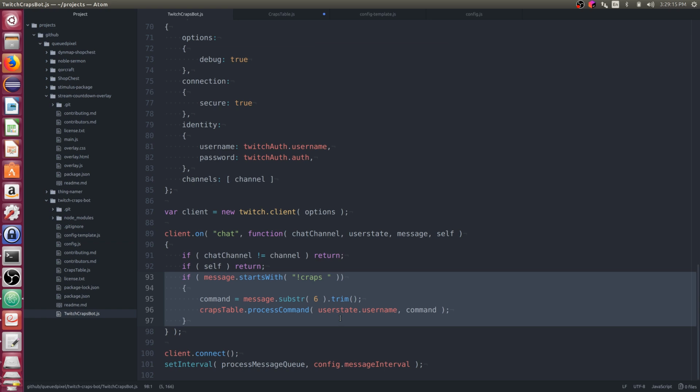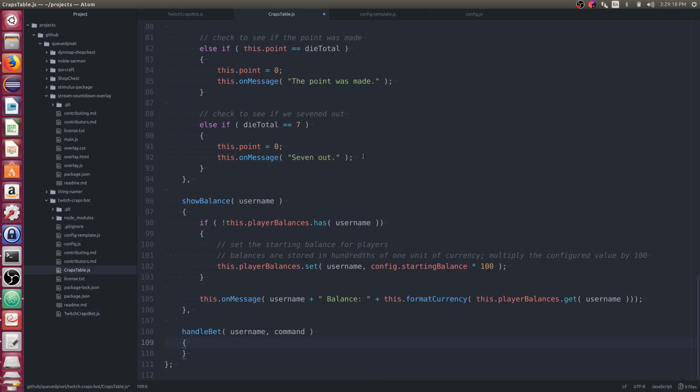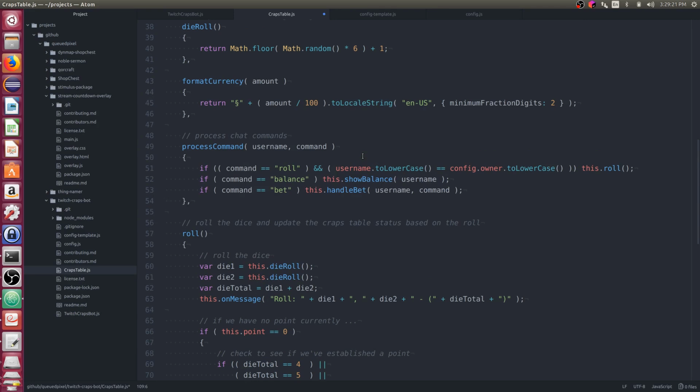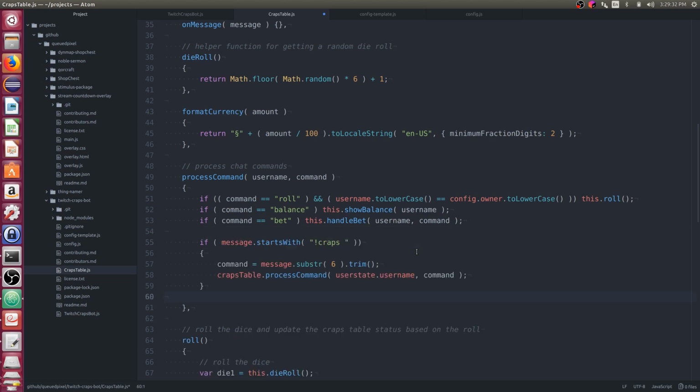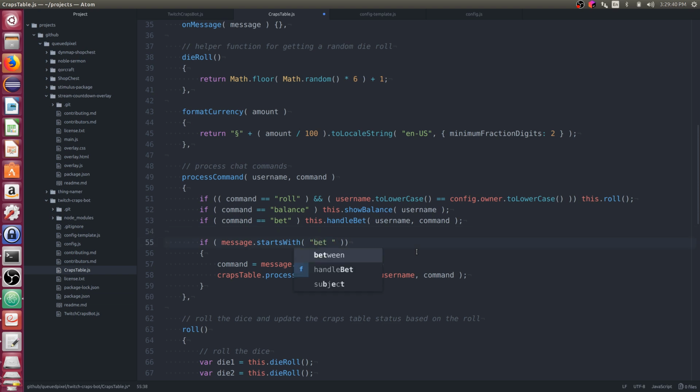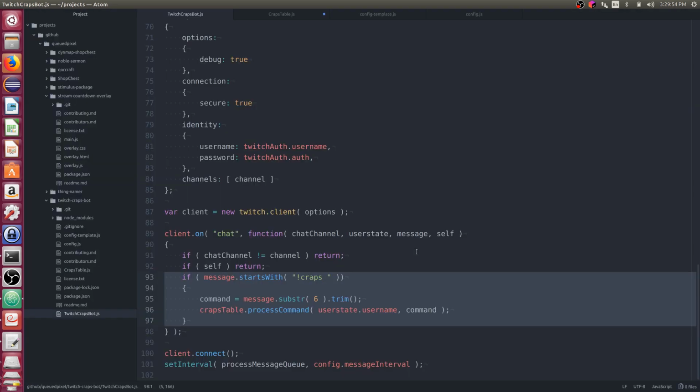Now let's just grab this whole block, because it's not going to equal bet, it's going to be something else. It's going to be like a starts with. So if message starts with bet. We could say, oh, what did I do over here?